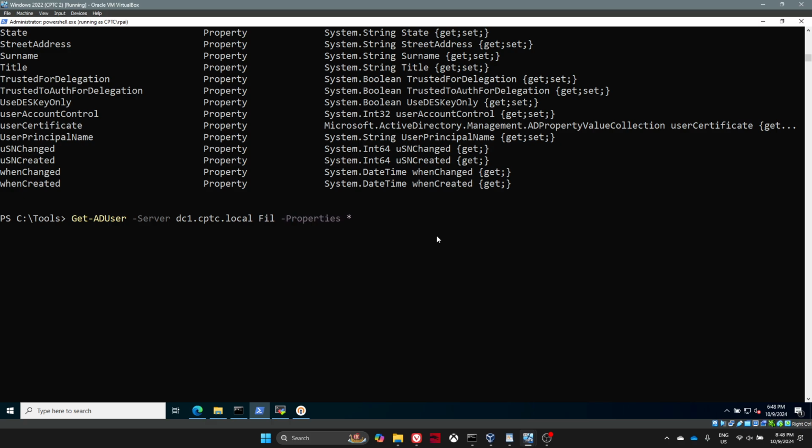Filter, sorry, dash filter, trusted for delegation. I forgot these things. Is not equal to null. So if it's not empty, if there is actual value there, then we know, or actually, sorry, trusted for delegation,